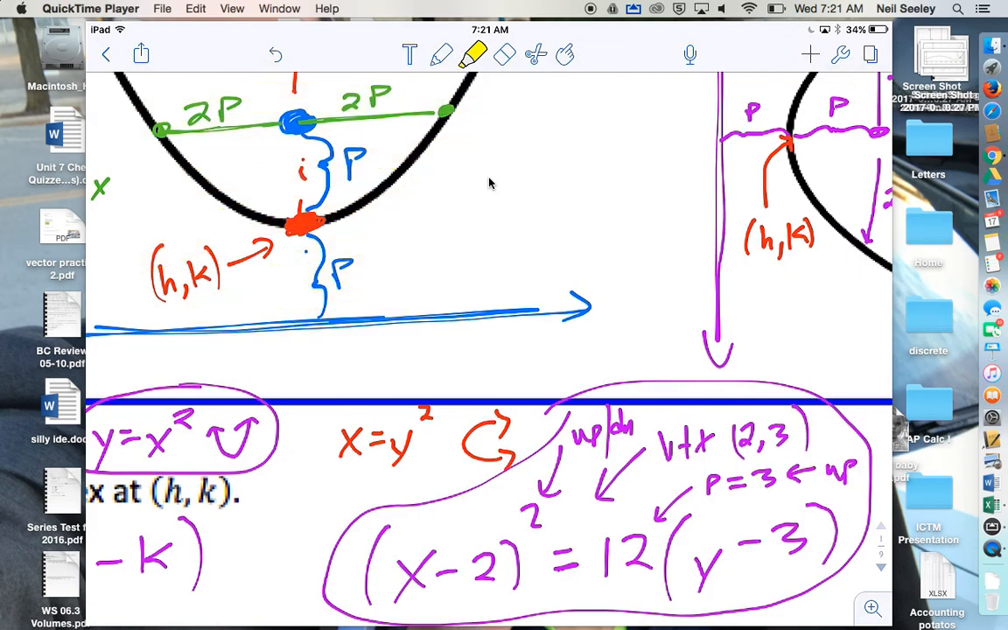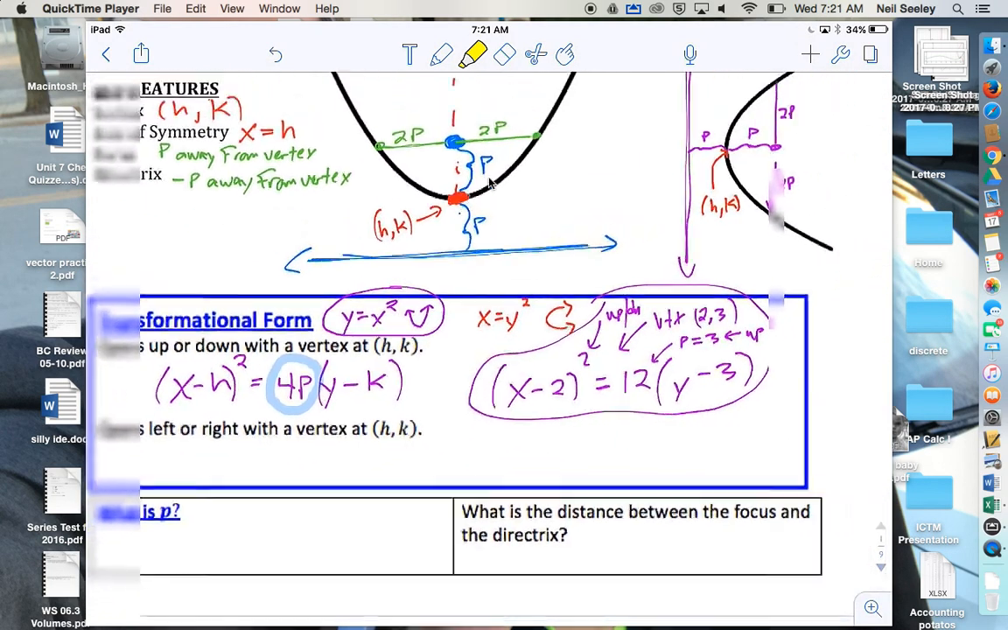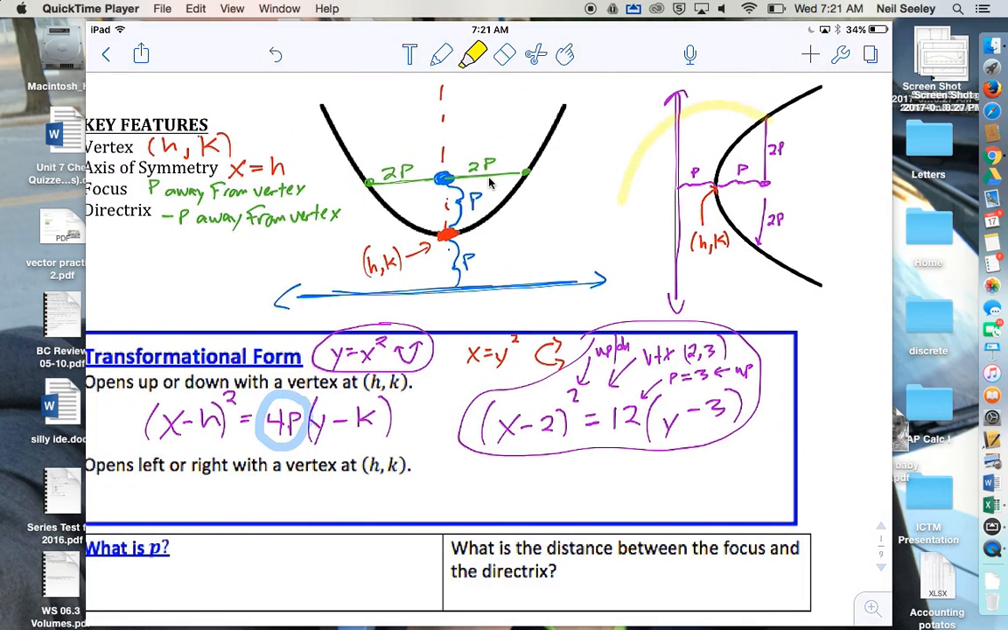All right, so that's a help. That's a start to this. I'm going to do the left-right version of it. So if you go over here, the left-right version,